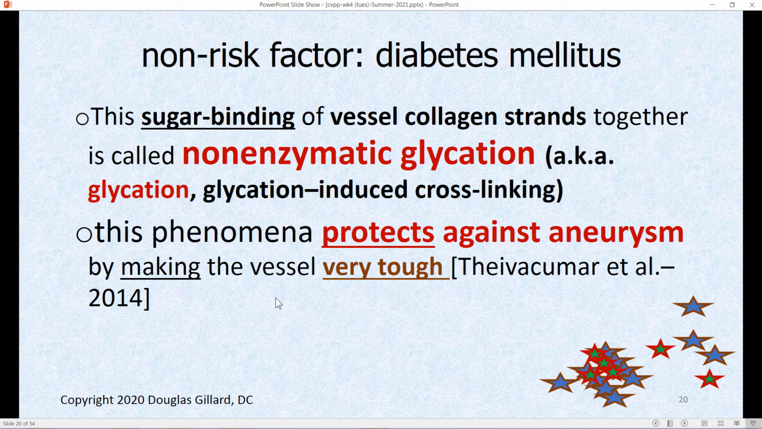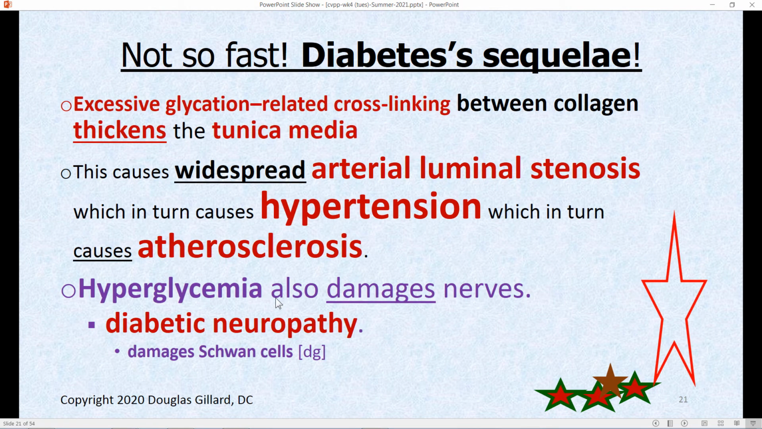But it makes a really stiff and strong blood vessel wall, so you're not going to rip someone with diabetes. It's unusual for them to get an aneurysm because of that phenomenon. But let's not go by diabetes that fast. Of course, there are some dangerous sequelae with diabetes. That excessive cross-linking, or non-enzymatic glycation,